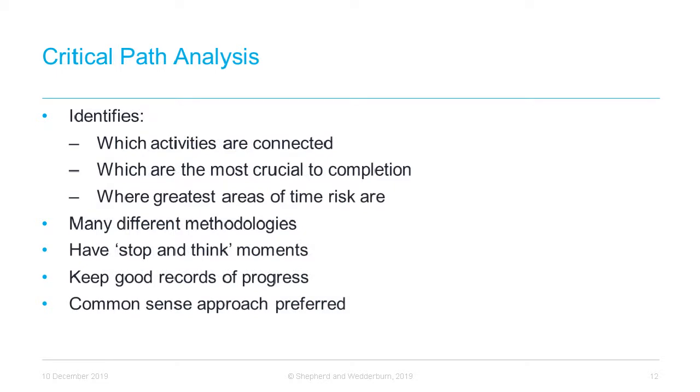So, as we discussed in the first part of this webinar, an important part of the programme's function is to form the basis of any additional time claims that arise. Delay or critical path analysis is the forensic investigation into what has caused delay to completion of the works and can be used to attempt to assign liability among the parties. Critical path analysis identifies the different kinds of float in the programme, allowing parties to identify which activities have a knock-on effect on other activities, which activities are the most crucial to the completion of the project, and where the areas of the greatest time risk are.